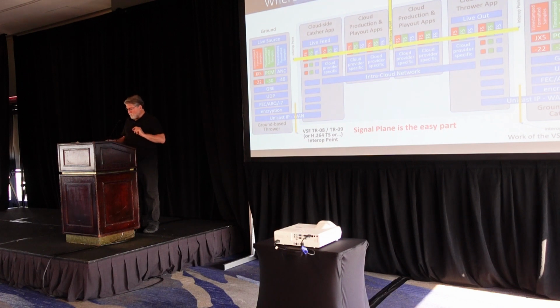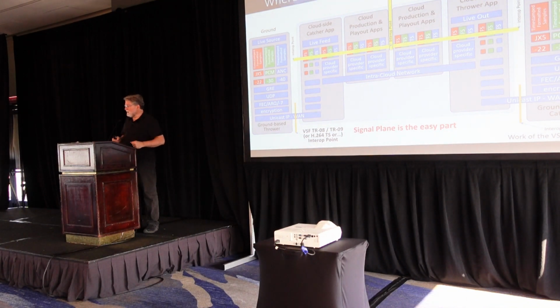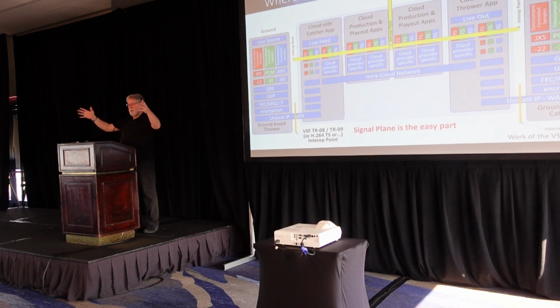Then we thought about to create an ecosystem where vendors can build things and plug them together so customers can buy solutions. What are the points where things have to interoperate? So if you're sending a stream up to the cloud, it's very clear that you have to identify the standards involved kind of all the way down to the IP layer. So it's JPEG XS wrapped in RTP, wrapped in UDP on IP, sent to an address, maybe using RIST or SRT or something as a protection protocol, but you have to identify the stack of standards all the way